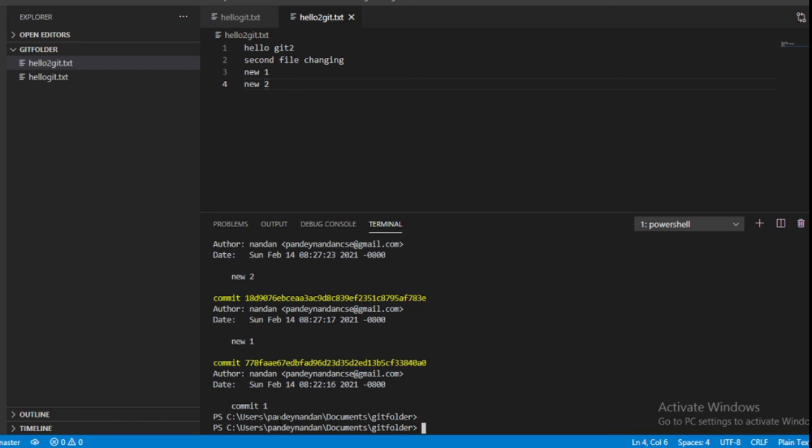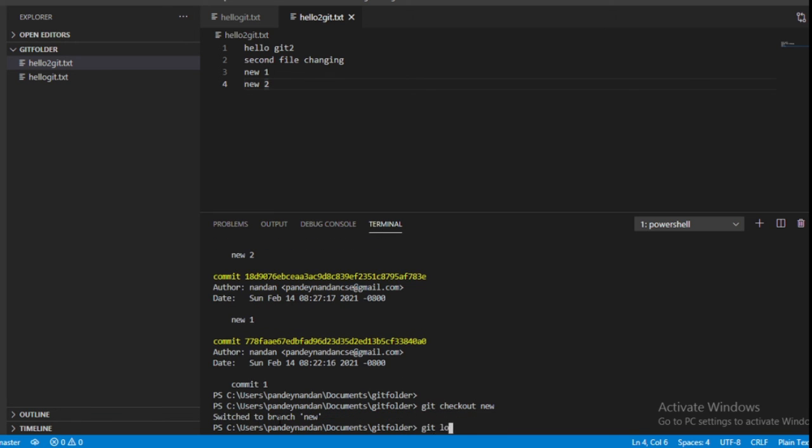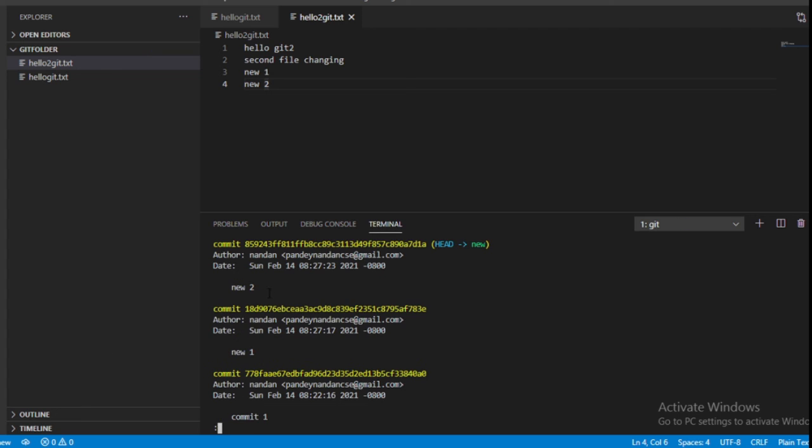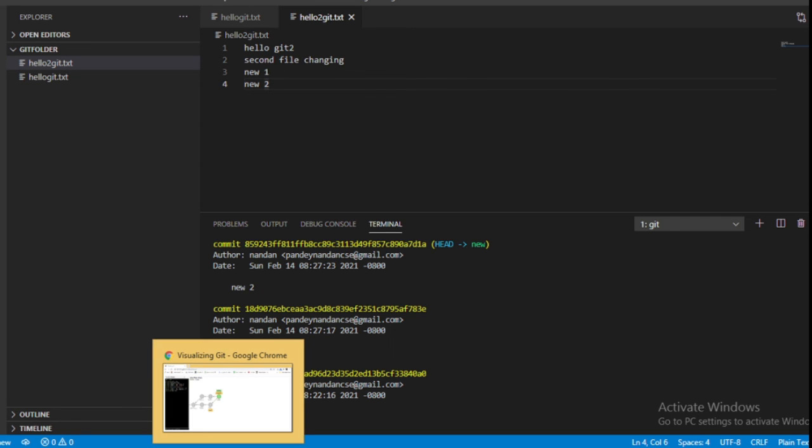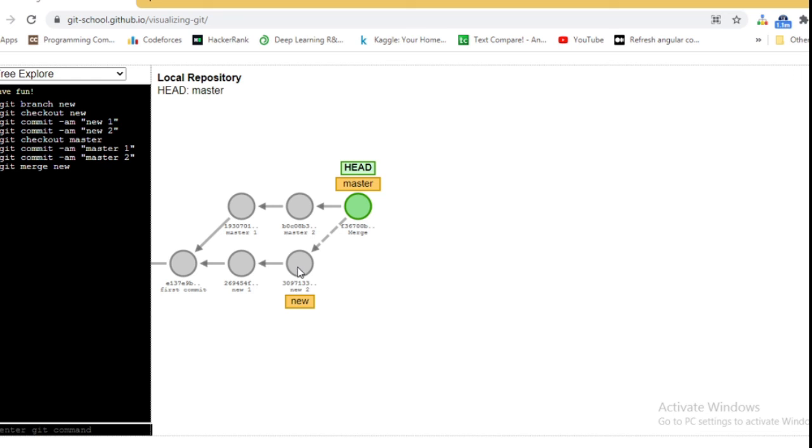And if you do check out new branch and if you do log, you will not see any commits of the master, right? You will only be able to see the commits of that branch, that means the new branch, this one. If you are on this, you can see this commit history, and if you are on this, you can see this also and this also along with this. And these commits will be arranged in the timestamp order, right?